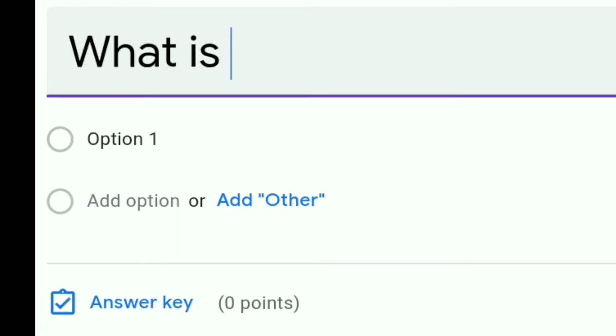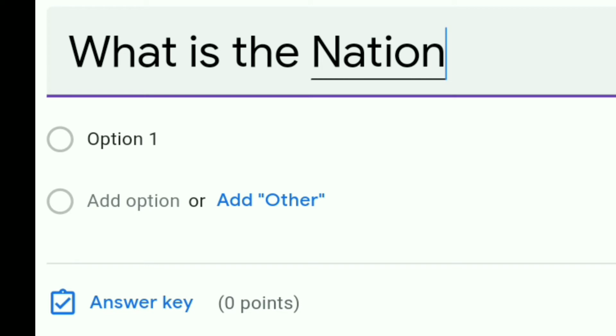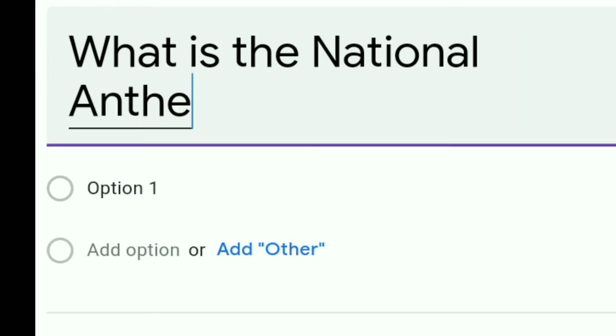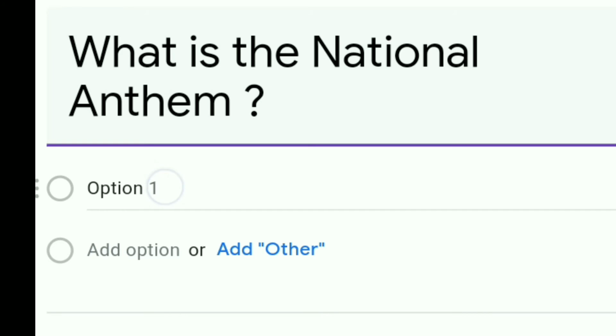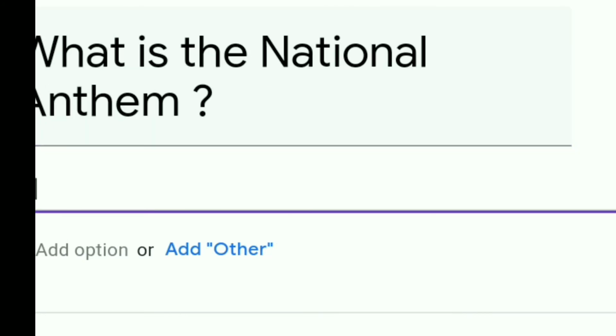What is the national anthem? Okay, what is the national anthem? Press on option first, that is सारे जहां से अच्छा.